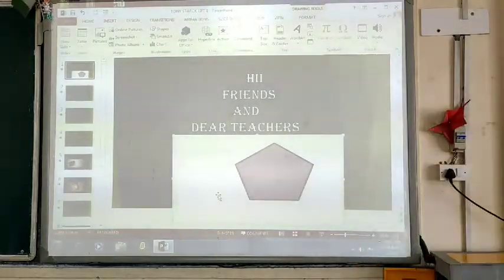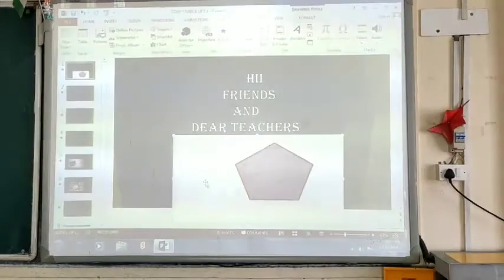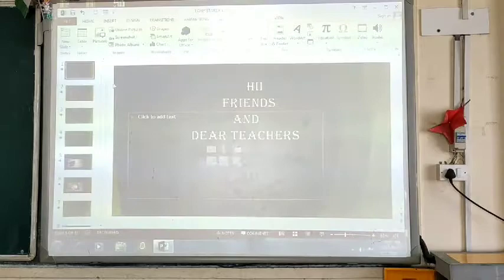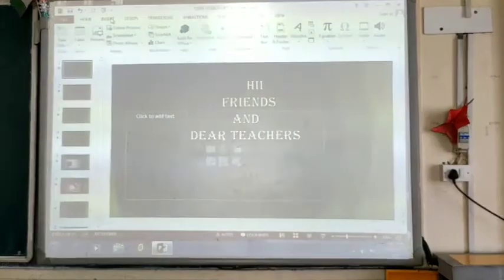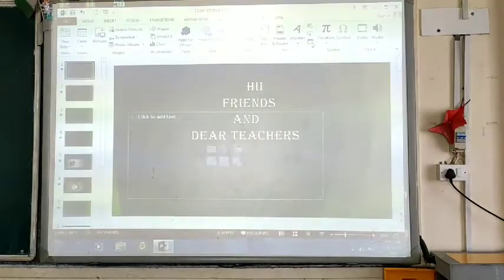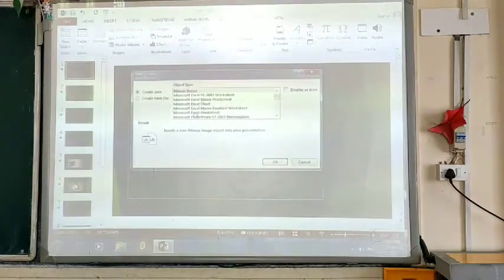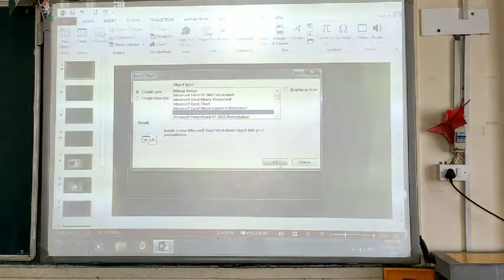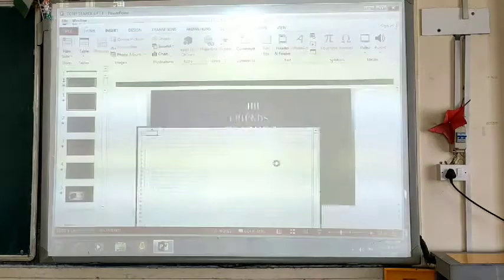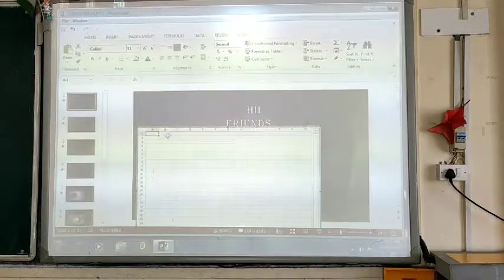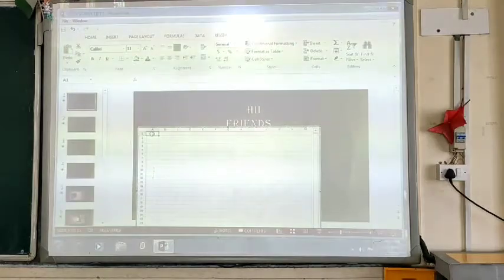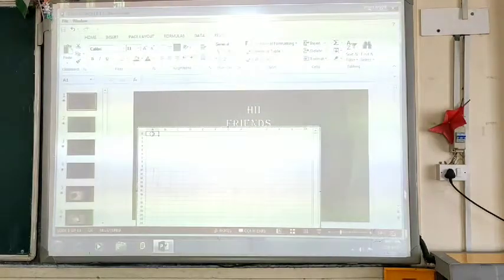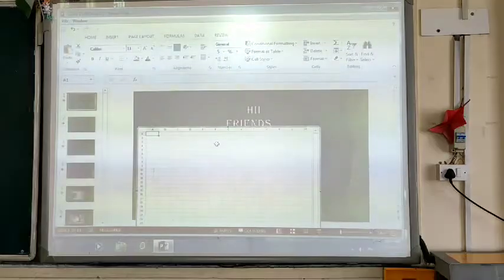In the same way, if you want to use a different application program, go to Insert, Text group, Object, and suppose here I select Excel worksheet. Now you can see the MS Excel file with tables, rows and columns is visible here.